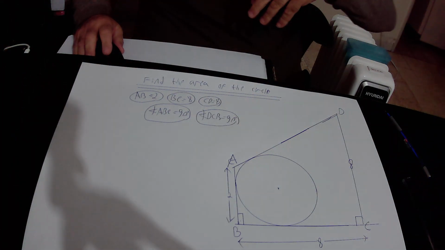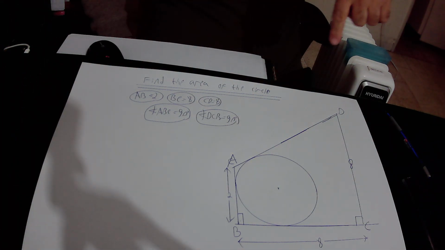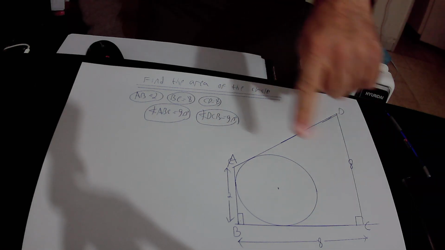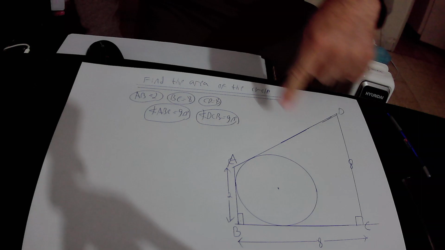And now in this lecture we'll find out the area of the circle. In the drawing we have quadrilateral ABCD. Inside this quadrilateral we have a circle,